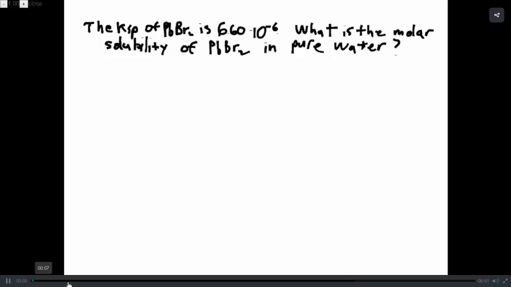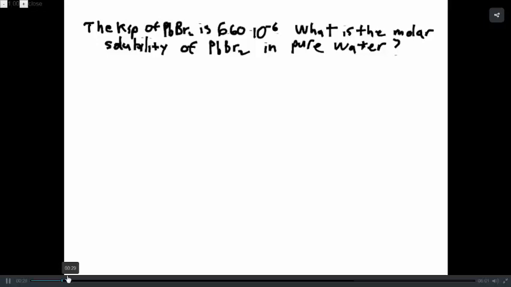This is going to be a three-part question. But for the first part, we're just going to figure out the molar solubility of lead bromide in pure water. This is basically like asking what concentration of lead bromide is there in a saturated solution. I guess the first thing to understand is that when this stuff dissolves, there will be both lead and bromide